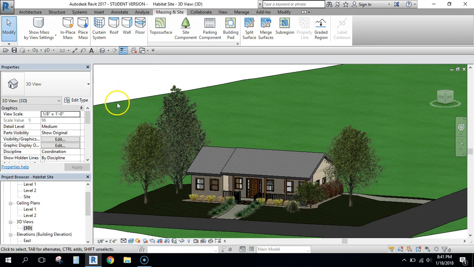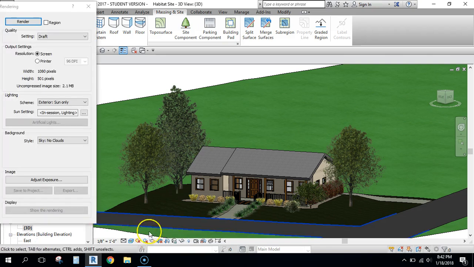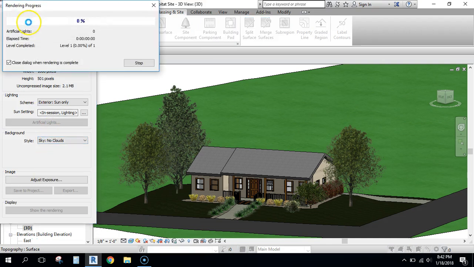The next thing I want to do is render this, and that's down here on the bottom. You can click Render. I would do it for right now as a draft view, just so that you can look at it and make sure you like it. And then you can kind of pick if you want clouds in the sky or not. That's up to you. I'm going to go ahead and hit render,